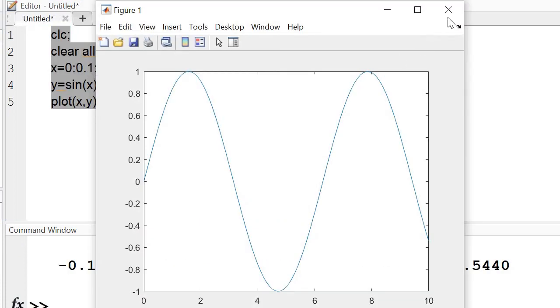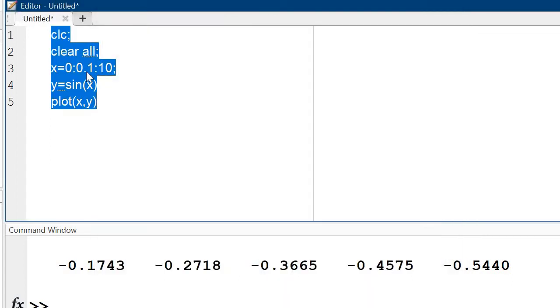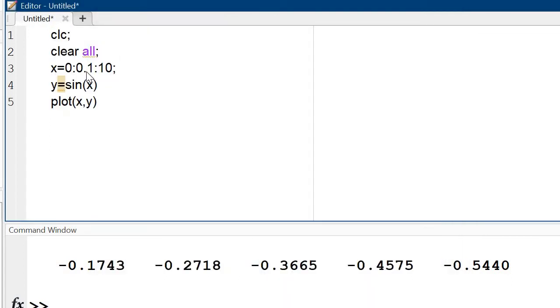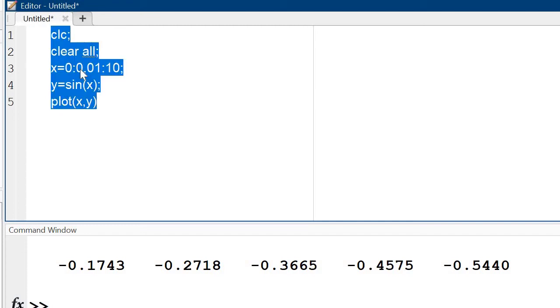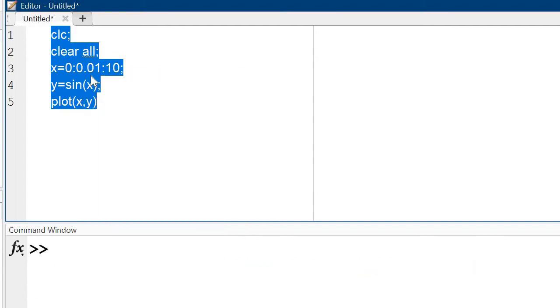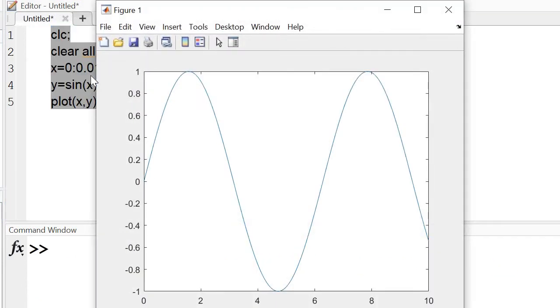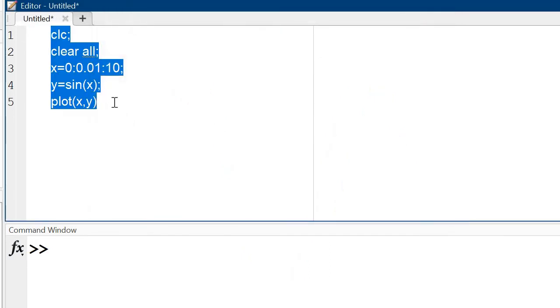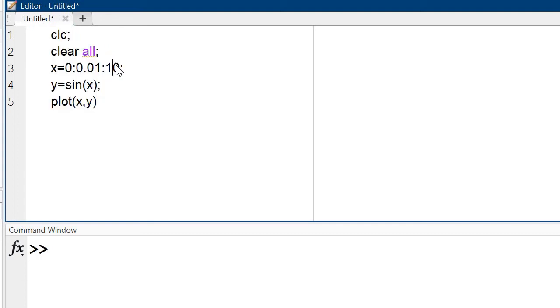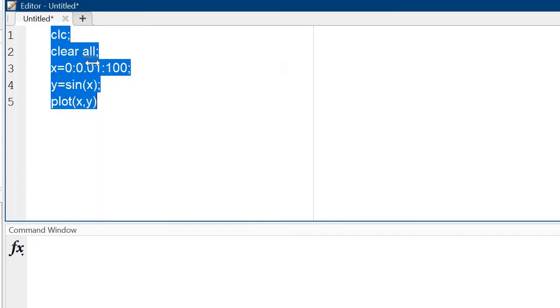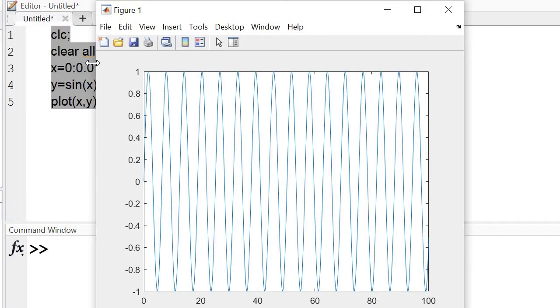If I take the interval 0.01, what is the result? This is our result, and this 0.01 will be clear in the stem command also, and you can change this value also. Plot is this one.